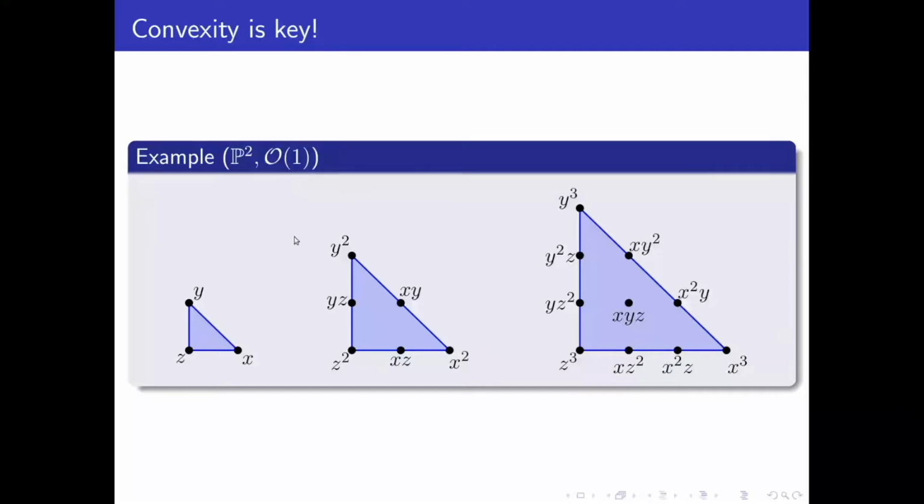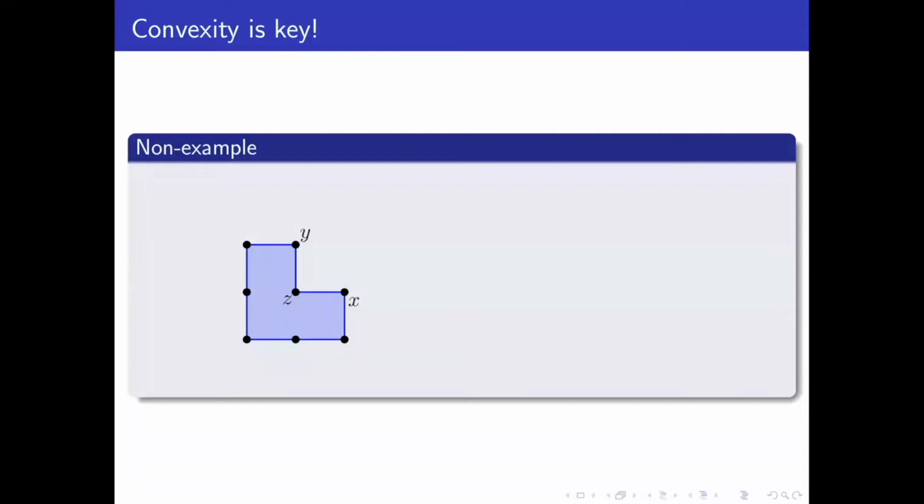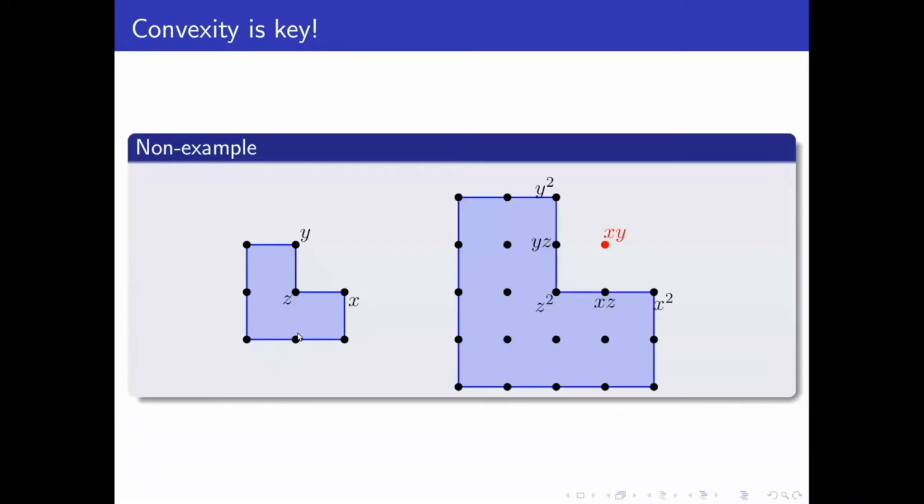So next, a non-example to highlight the importance of convexity here. If I started with a non-convex polytope, well, the points X and Y here are in the polytope. They're integral points of the polytope. But when I take twice the polytope, the point XY isn't contained in twice the polytope. So in this picture, if we were to try to do the same construction,